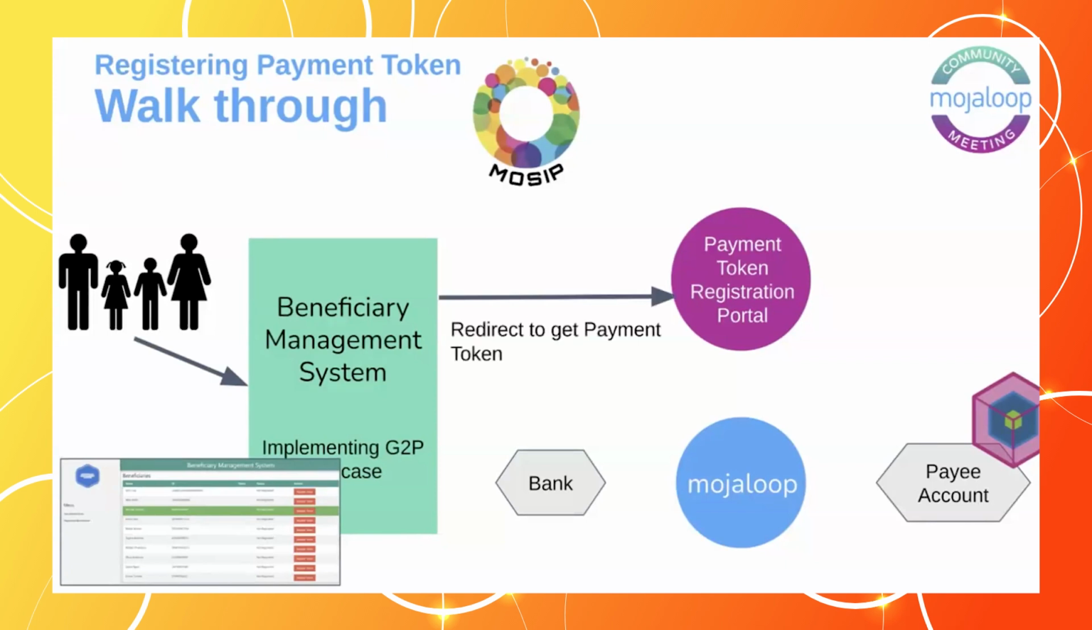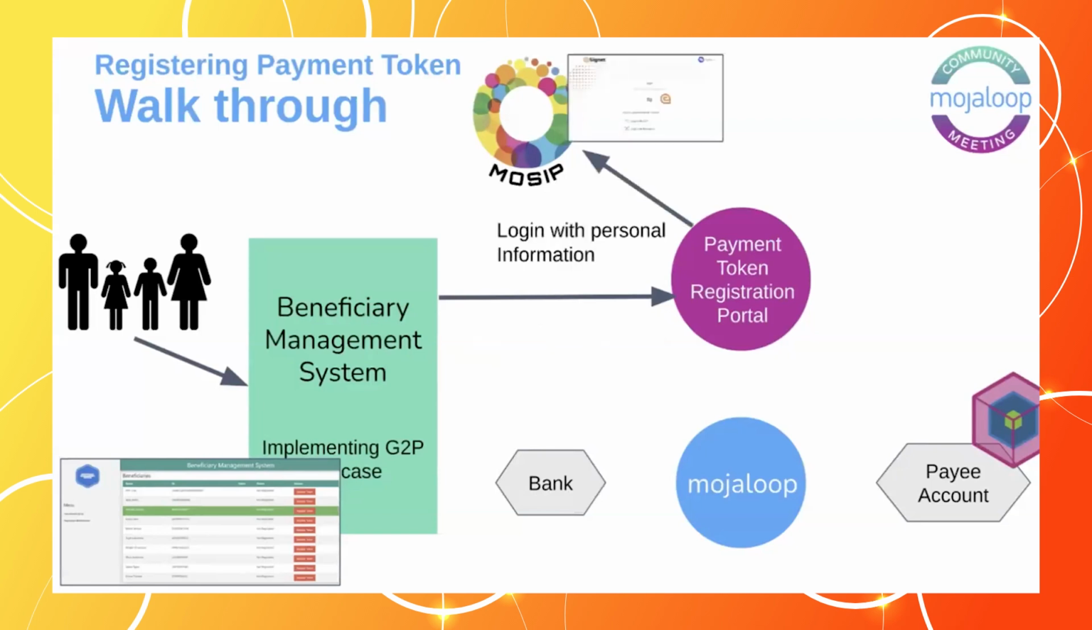register token, the user will be redirected to MOSIP, which represents the national identity system. And using eSignet, the user will be provided with a login screen where they can provide personal information, and eSignet will return the token back to the payment token registration portal. After that, the registration portal will ask the user to provide a type of payments and identifier to which this payment token